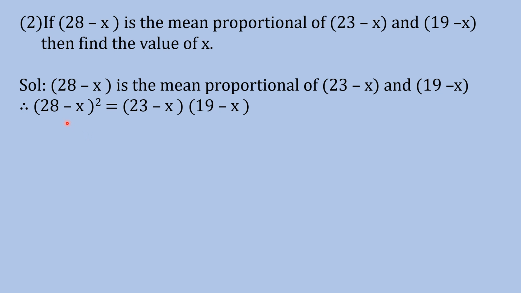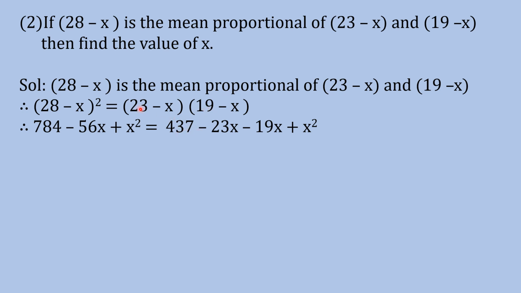So I previously said in the first sum also, you'll apply here the (a minus b) the whole square formula. So it is a square minus 2ab plus b square. So 28 square you have to do. So you'll get 28 square is equal to 784, minus 2 into ab, that is 2 into 28 into x. So you'll get minus 56x. Already here, according to this identity formula, minus will come as it is, then plus b square, so plus x square, equal to, you'll multiply 23 into 19, you'll get 437.